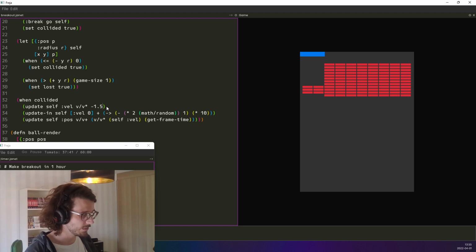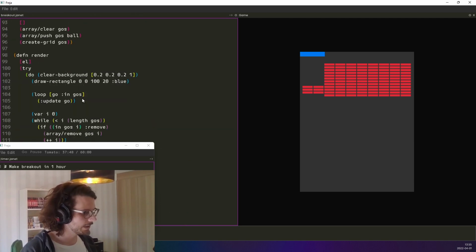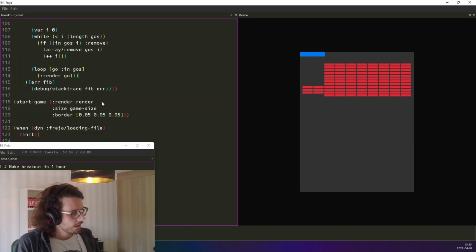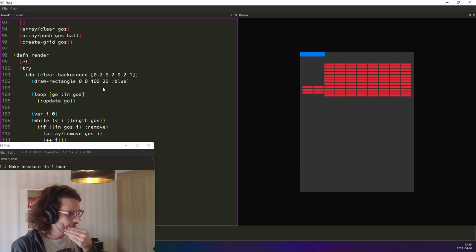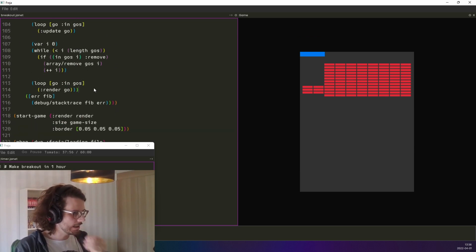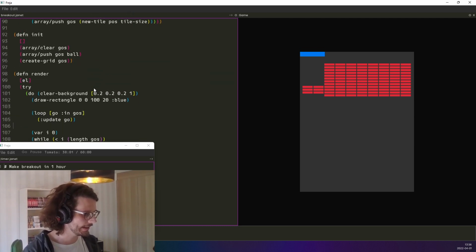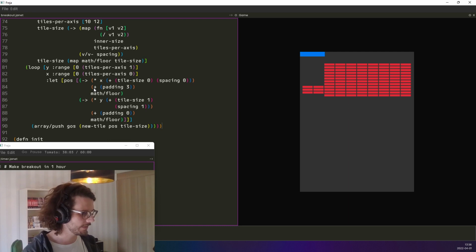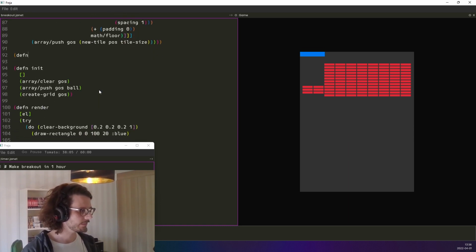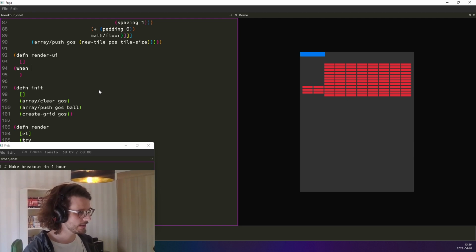Okay, so the speed is a bit too much. Okay, it's okay. We're just gonna test what happens when we lose. So for this, I want to do, let's see. We're gonna call a render UI at the end, and then we're gonna define render UI and say when lost